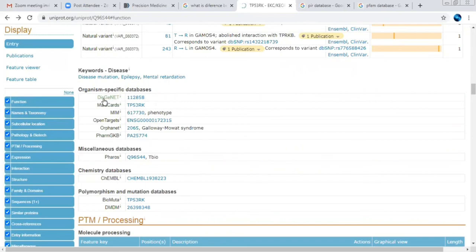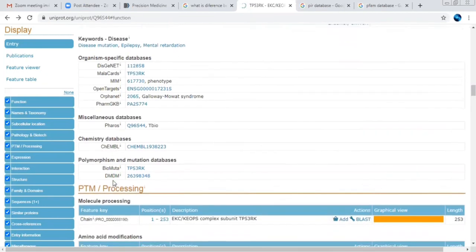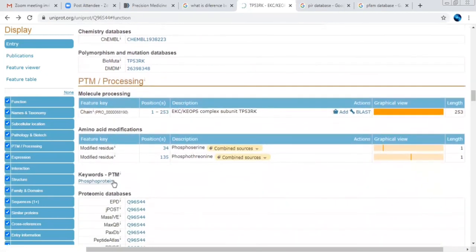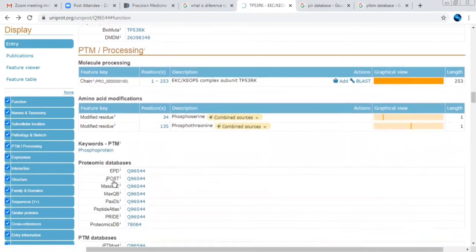Here you can see the different databases which have been linked: Open Targets, Pharos, GKB that is the Guide to Pharmacology knowledge base, one of the databases, and ChEMBL database, which is related to drugs. And PTM processing, that is post translational modification and processing.